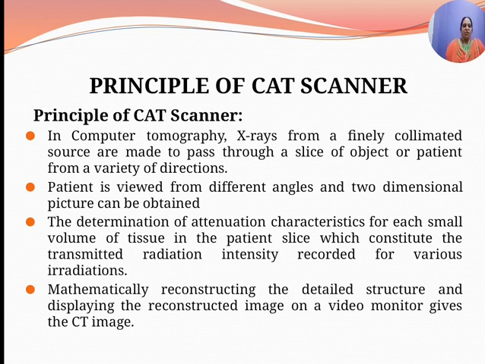In this arrangement, we have an X-ray tube and a photographic film moved in synchronization so that one plane of the patient under examination remains in focus while all other planes are blurred. So in CT tomography, the picture is made by viewing the patient via X-ray imaging from various angles, then mathematically reconstructing the detailed structures and displaying the reconstructed images onto a video monitor.